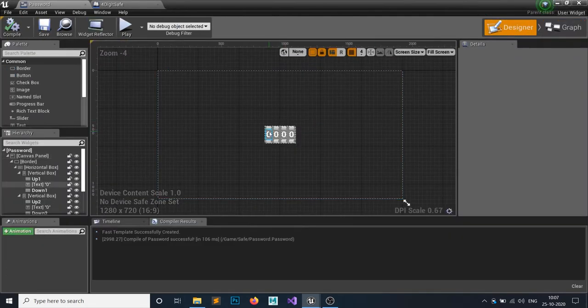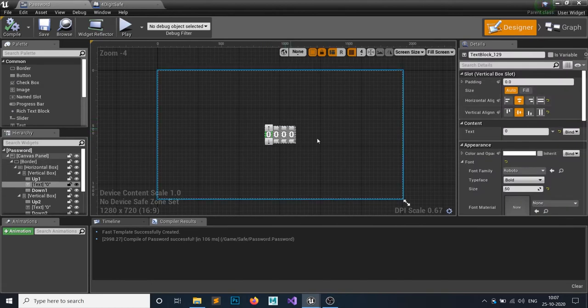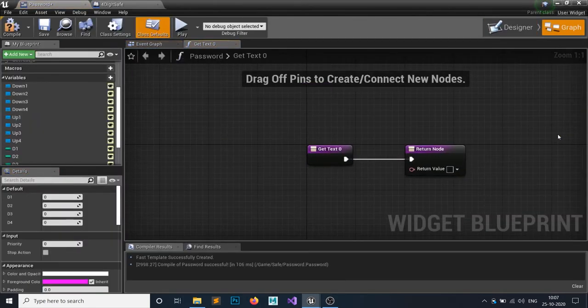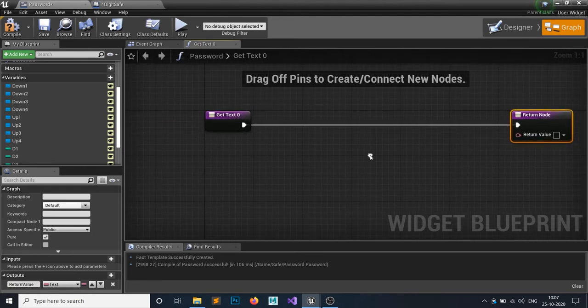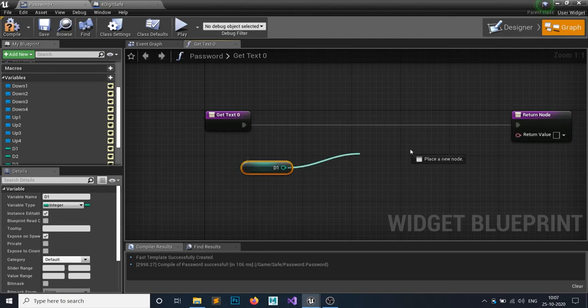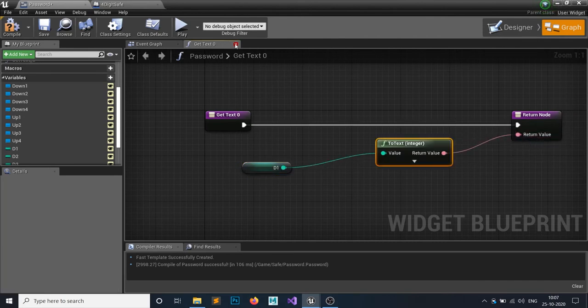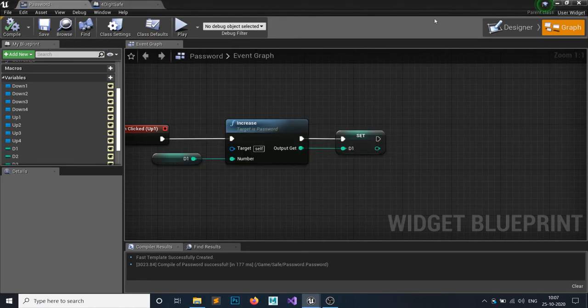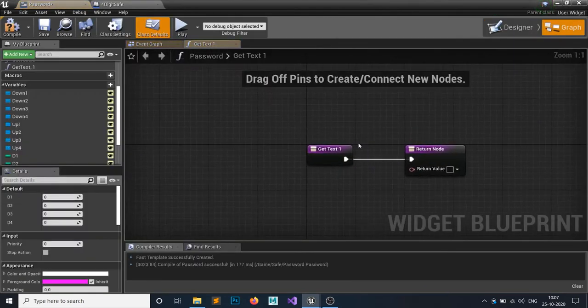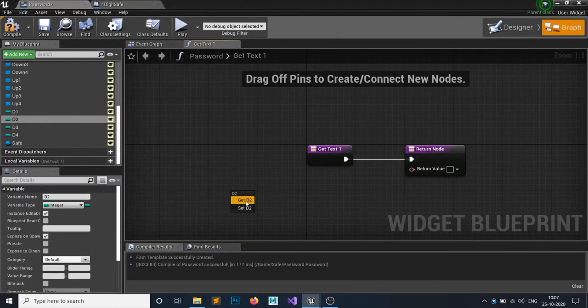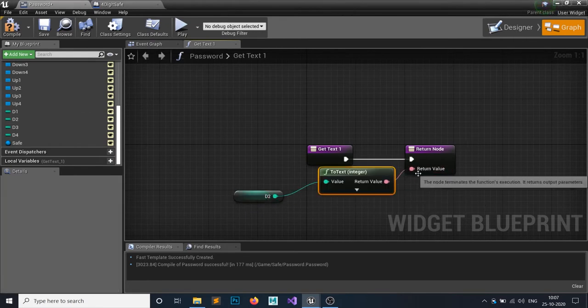And go to the designer, and we want to actually bind this text. So this text would be bound to digit 1. Create a binding. I'm going to get the D1 and set it to this return value. Same thing for this one, this would be D2. Just click on this text, create binding, grab your D2 and attach it here.